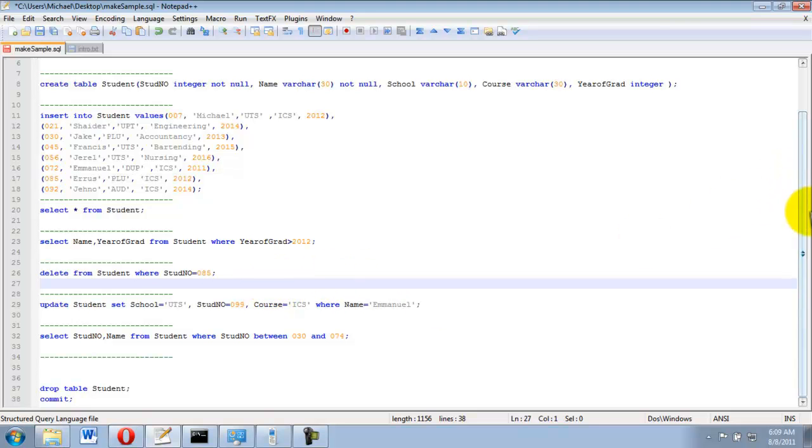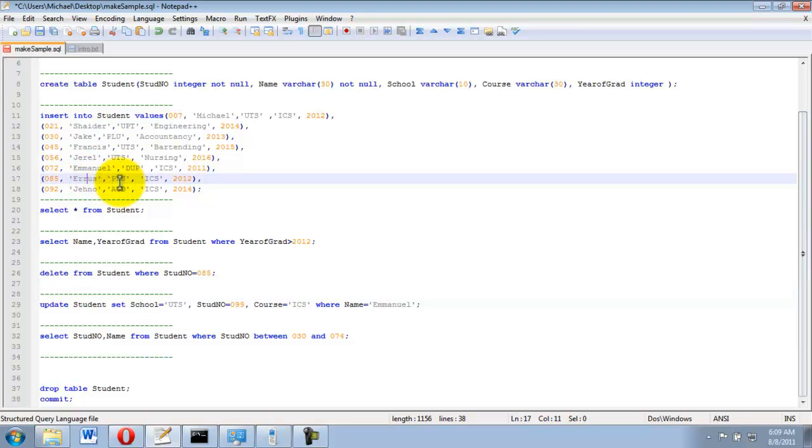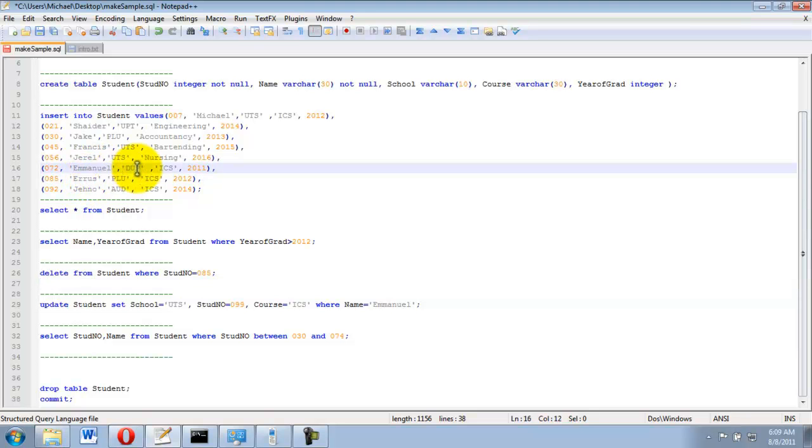Then at times you want to update the records. For example, Emmanuel, who is currently studying in DUP, decided to shift school but still with the same course.